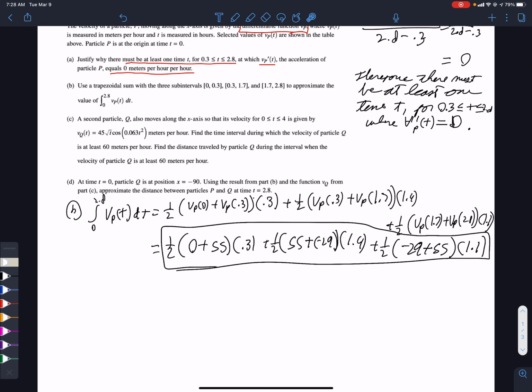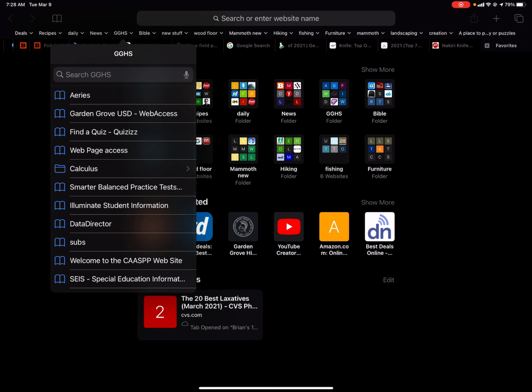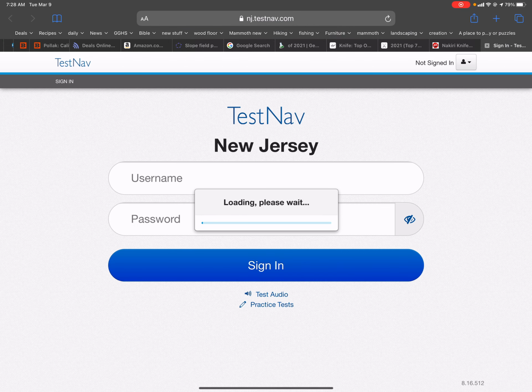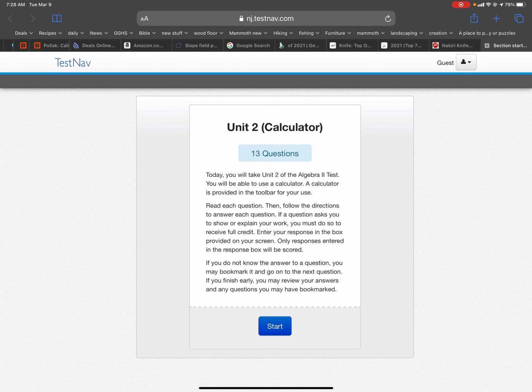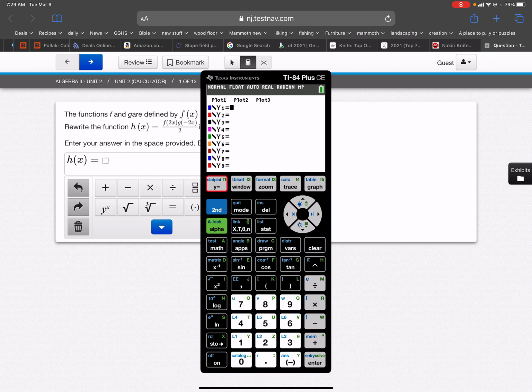Okay, so we have to use our calculator. And first of all, we need to find out when the velocity equals 60. Because when it equals 60, it's going to be around that where it's going to be over 60. So part C, I want to know when VQ of t equals 60. And that's all calculator work. So let me get a calculator out. And we will plug this in. All right, so y equals,